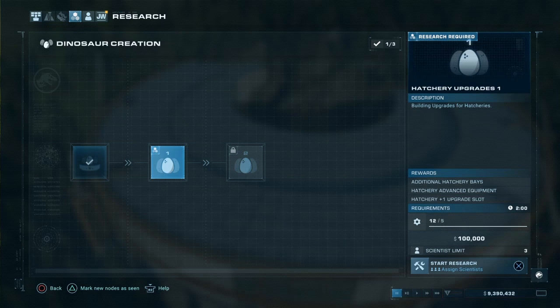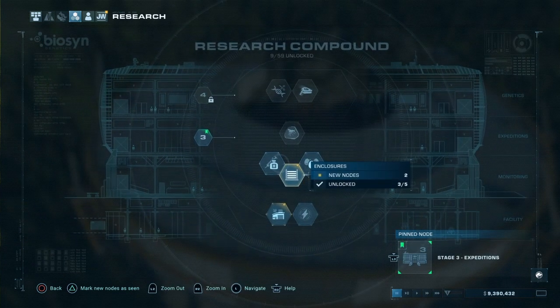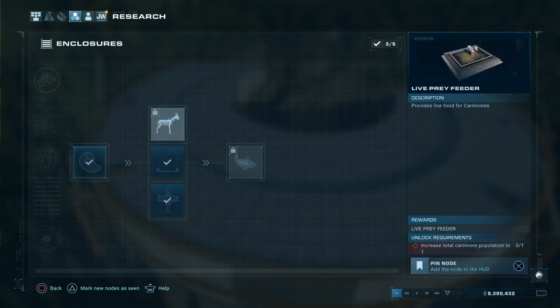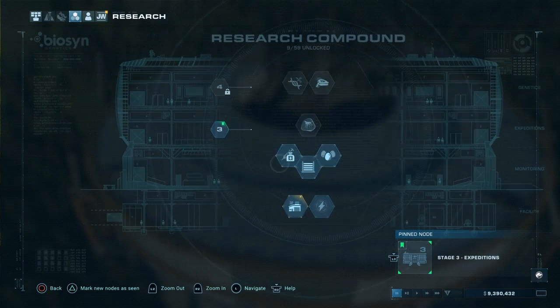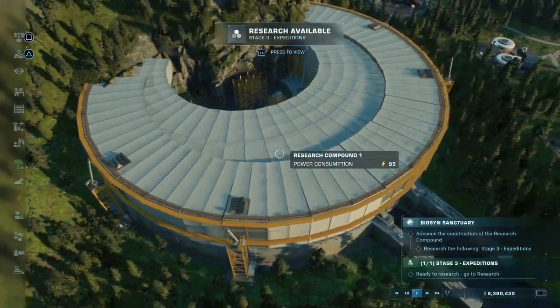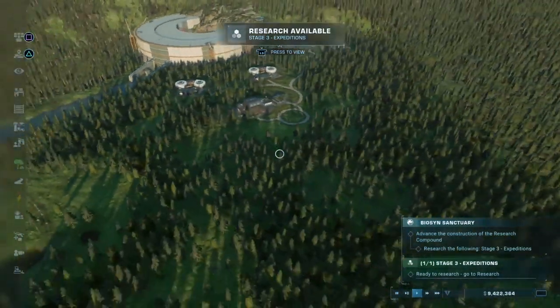Dinosaur creations. That's the lab, the hatchery bay. Isolated rope. Vaccines, more enclosures. Live prey feeder. Fish feeder. So I'm assuming we're gonna get... So there's four genetic research. So I think what we're gonna do is...